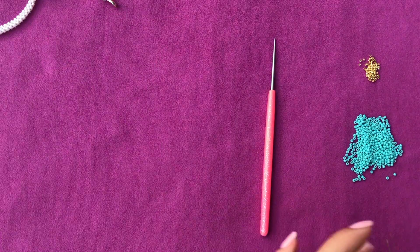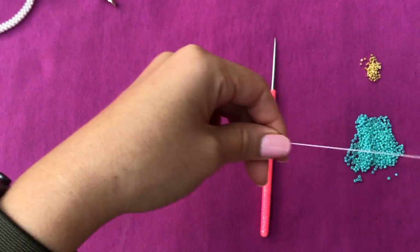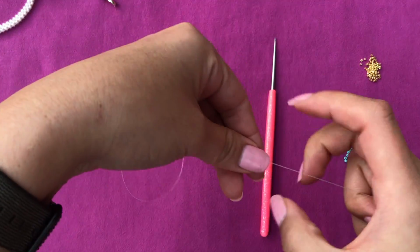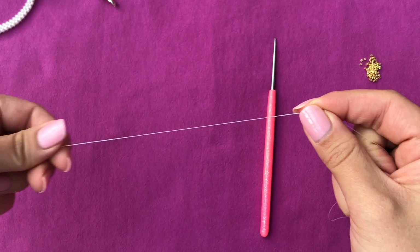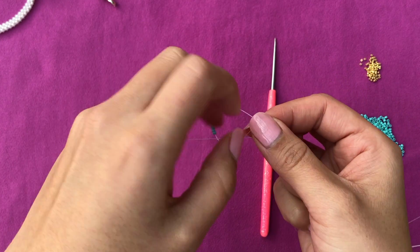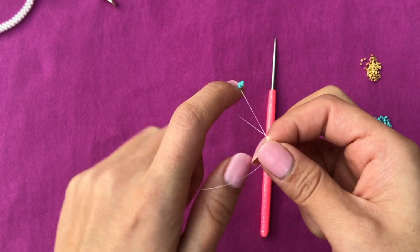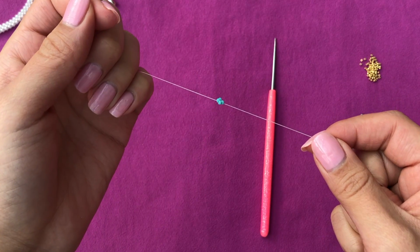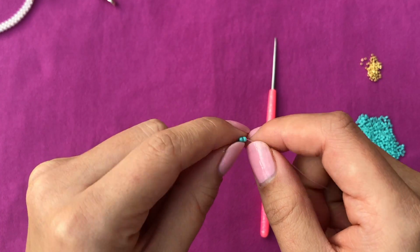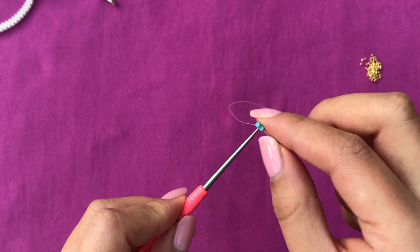So I'm gonna pick up 4 11 O's. I'm gonna drop it down and leave a short tail that I can sew in later. That's all we're gonna need it for, just to sew in, make 1 or 2 loops and then 1 or 2 knots, and then it's done. So I'm gonna make 2 overhand knots here, just to make sure that those 4 beads stay in place once we set it on a pick. If you've been watching all my tutorials, especially the CRAW ones, you should be able to do this on your own. So I'm gonna go ahead and set this on the pick,